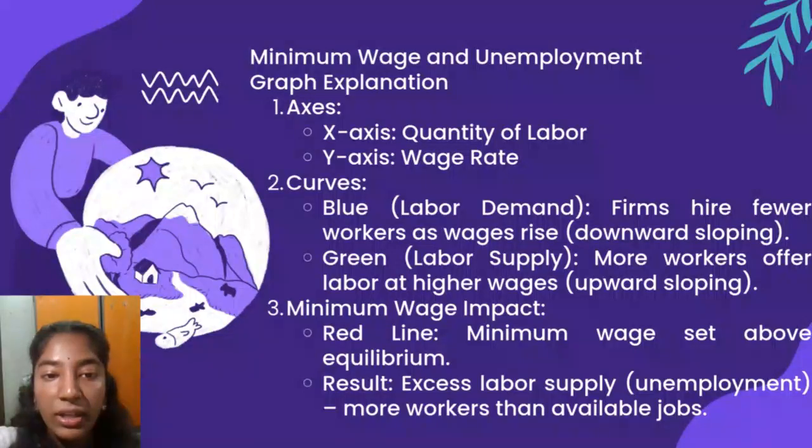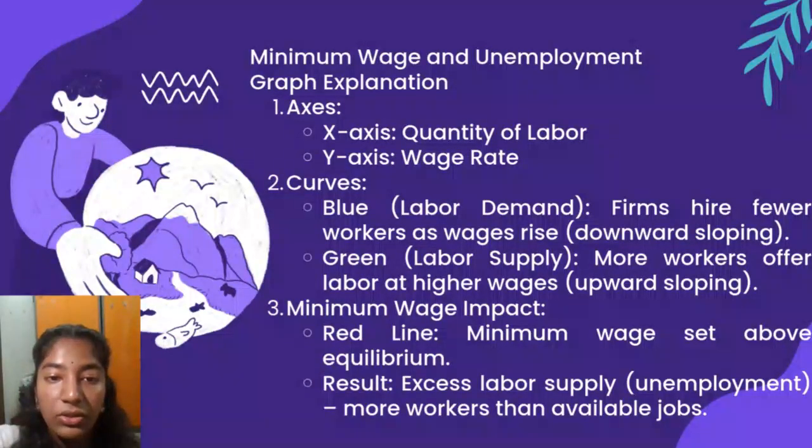Let's break down how minimum wage affects unemployment. The horizontal axis represents the quantity of labor. The vertical axis represents the wage rate. The blue curve shows the labor demand, which slopes downward, meaning firms hire fewer workers as wages increase. The green curve shows the labor supply, which slopes upward, indicating that more workers are willing to offer their